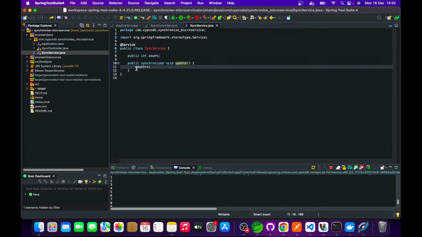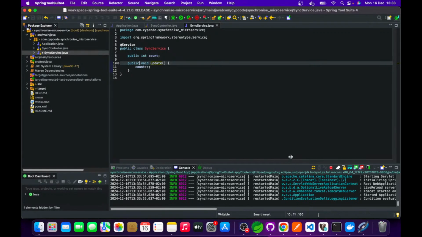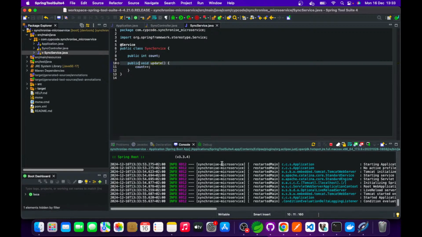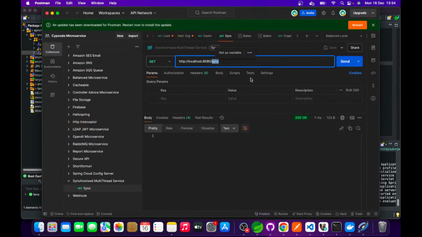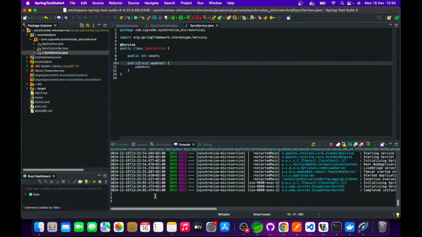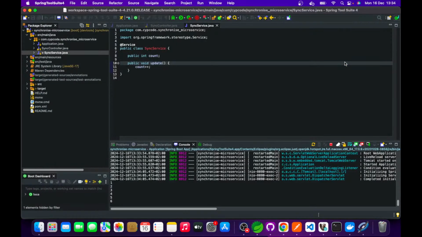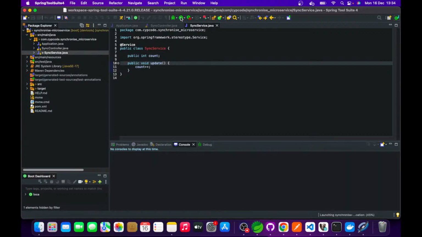So in this situation, let's say, for example, I remove this synchronized keyword, and I'll show you in a bit what this will do. Let's just allow the application to refresh. So yeah, the application has refreshed. So now I've removed the synchronized keyword from there, and I send the request again. And when I come back to here, you can see that the count is still fine. It's looking fine. It's 1, 2, 3. But if I run the endpoint again, it's able to synchronize. Let me just stop it and rerun it again,